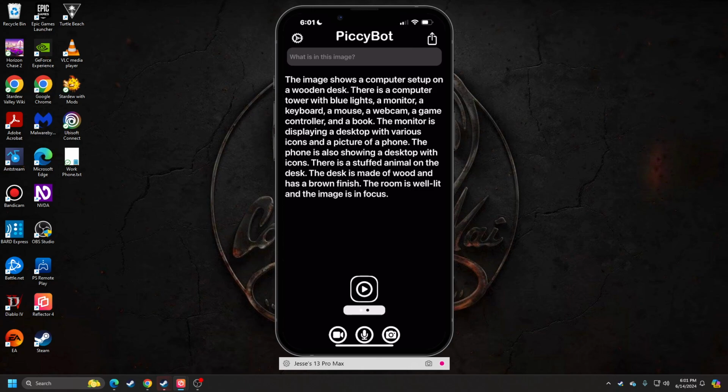Button. Let's play. Pause. A webcam, ever vigilant, completes the ensemble, its presence hinting at the potential for virtual connections and collaborations. Amidst this digital landscape, a solitary stuffed animal rests upon the wooden desk, a subtle reminder of the human touch that permeates this workspace. The desk itself, with its warm, brown finish, exudes a sense of solidity and grounding, a counterpoint to the digital realm that surrounds it. The room, bathed in a well-lit glow, lends an air of clarity and focus to the scene, inviting